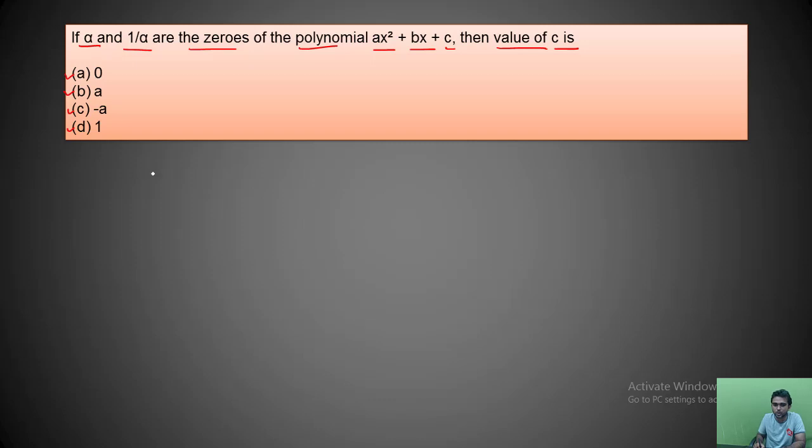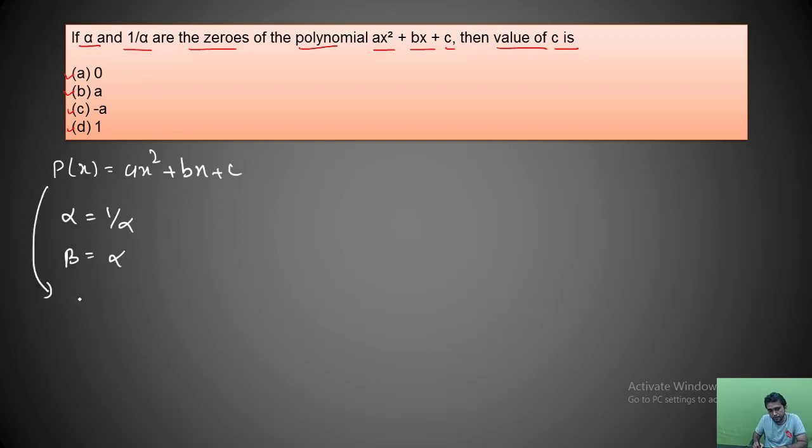No issues. Here also, let us first take the polynomial which is being given. It is the standard polynomial form actually. It is ax square plus bx plus c, and the two zeros we have been given are alpha and 1 by alpha, let it be, right? Alpha and 1 by alpha are the two zeros. Now you have to find the value of c. Learners, we know the standard form. We can say it is x square plus b by a into x plus c by a. This is the general form actually, yeah?